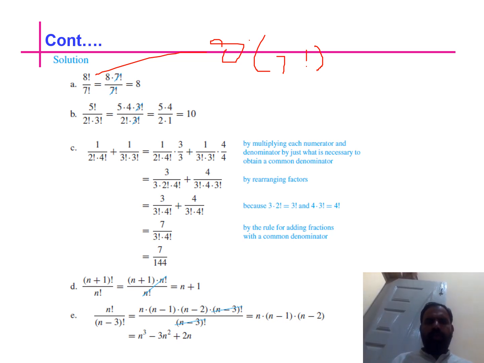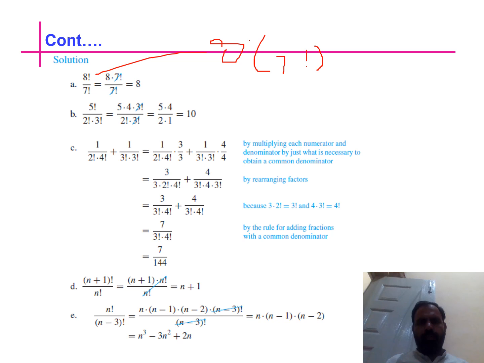In the second part, 5 factorial over 2 factorial into 3 factorial. The 5 factorial may be written as 5.4.3. You can also write 3.2.1, but we stop here at 3 factorial because the denominator is also 3 factorial, so we can cancel these two terms. The denominator is 2 factorial, so 5 into 4 is 20 over 2 factorial, which you can expand as 2.1,